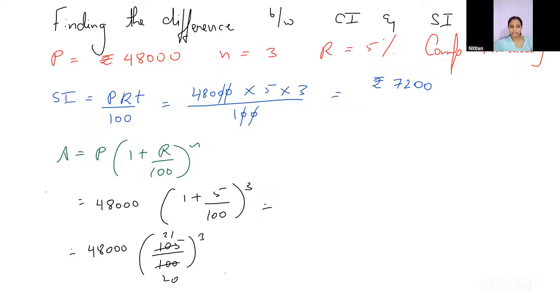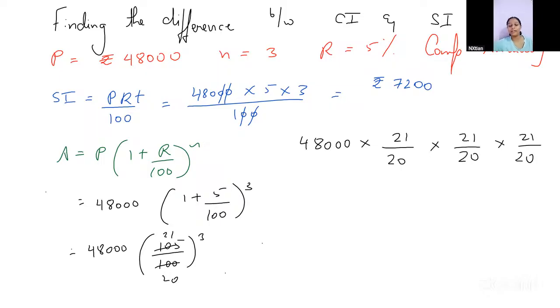Ma'am, maybe if we solve it again, we'll get the right answer. 7200 is correct, so we must all have got the right answer for the CI also, right? Then Emma's 7566 is correct. Yes, 7566 is correct. We were doing the correct thing only. Then ma'am, how come the book